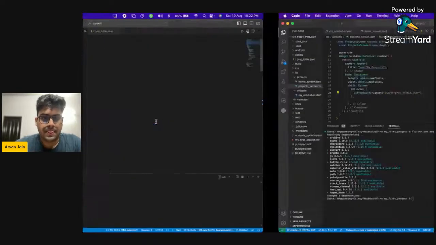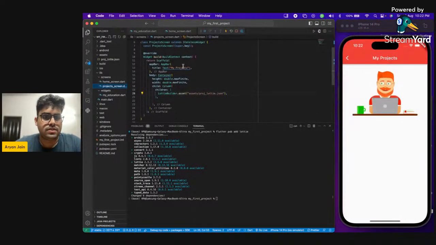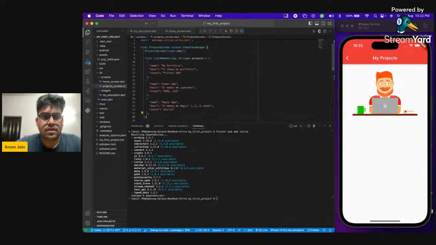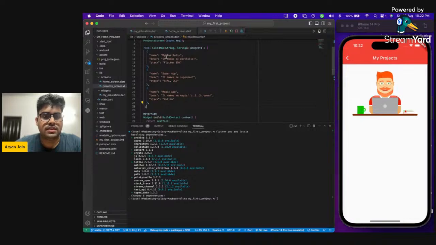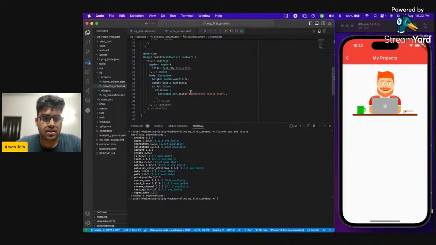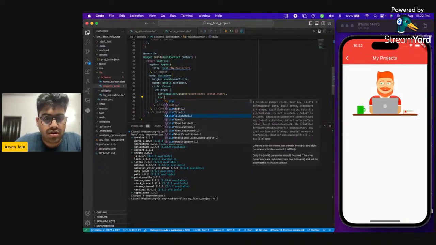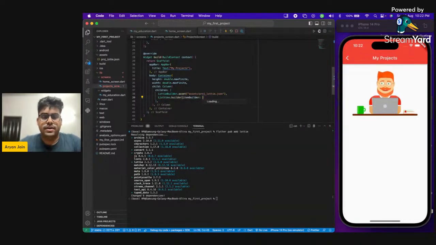Okay, where is the project screen? Yeah, we paste it here. Remove this constant, it is not needed. Here is the list: the name of the project, the description of the project, and the stack used. Okay, so now again we will use, inside column, inside children, list view dot builder, and in item builder